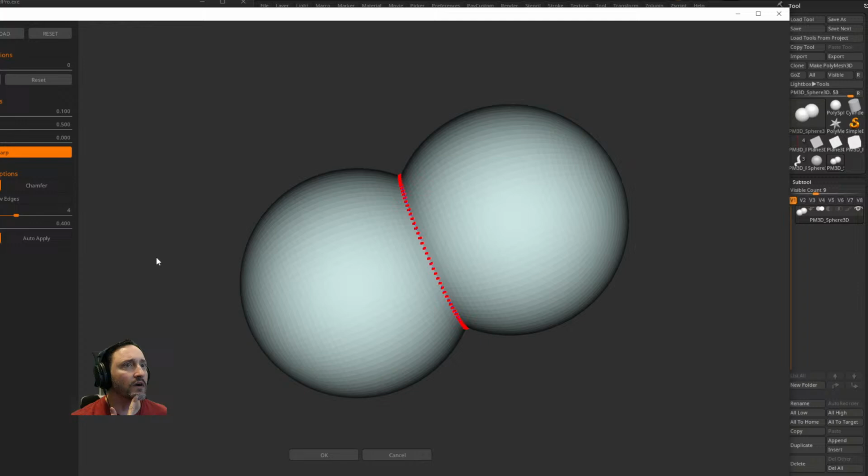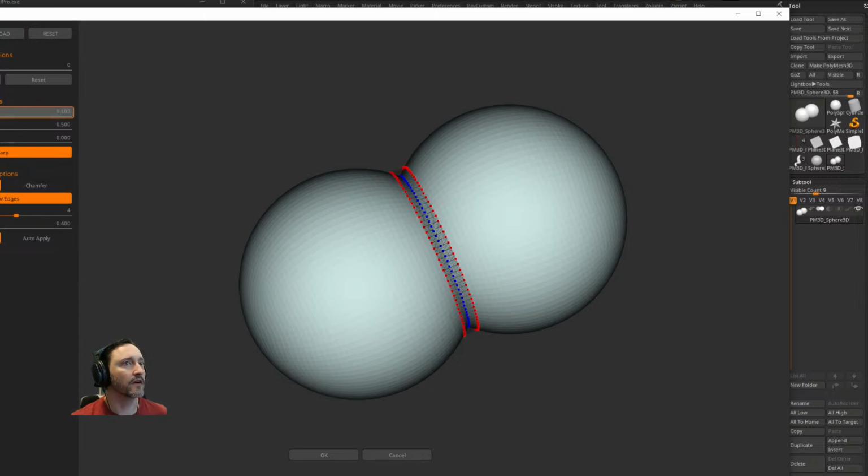And then these two, wherever these two objects are, you can go through here. Oh, it's been a while since I've used this, but like bevel amount, you can change this. This is a little preview. You can turn on, it can be bevel chamfer. Let's say preview edges. So there's my edges. So you can go through here and you can say, okay, I want my bevel to be this much or that much,